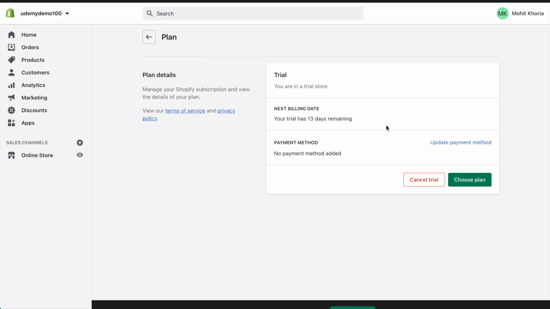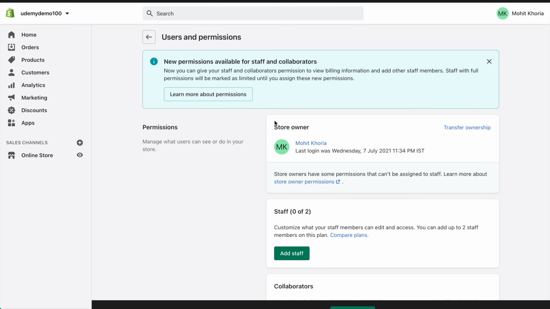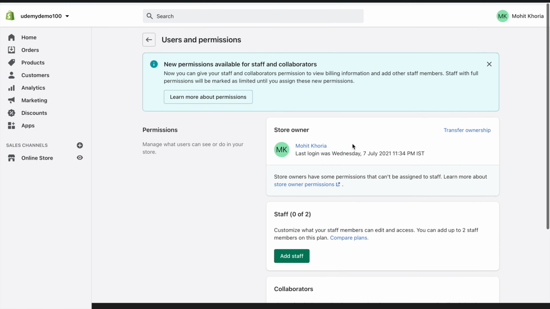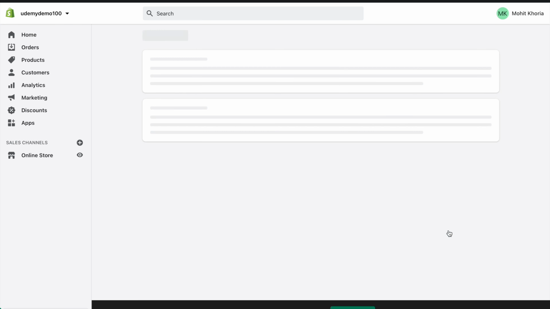We have 13 days remaining, we have no payment added, so we need to buy a plan in order to sell. Users and permissions, so you can see you can invite anybody to collaborate with you. Store languages, billing, here you can put your credit card and PayPal information.